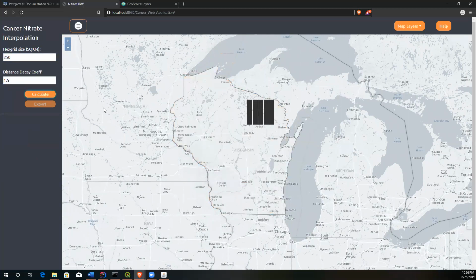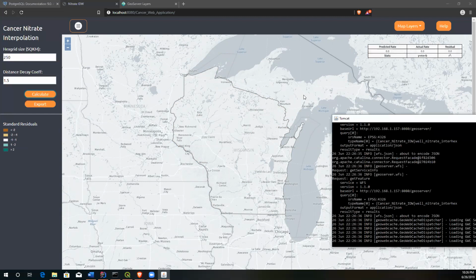When I hit calculate, a post request is sent to my web application, and a jar file that I basically put on my server to run the application will go do all the backend logic through my Postgres database in Java's JTS bindings to generate the hex grids with the populated standardized residuals that you're going to see here in a few seconds. One of the things you can take a quick look at is within the Tomcat window